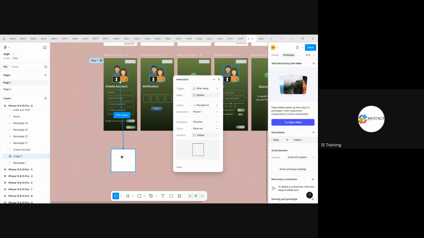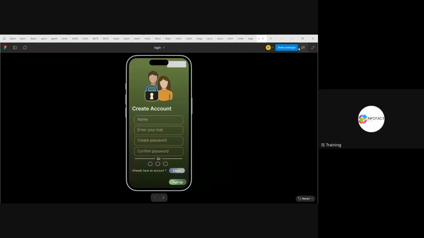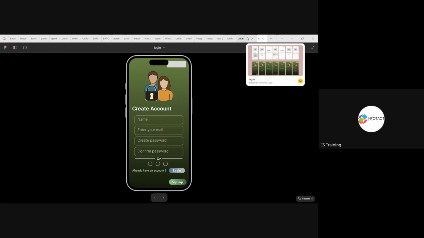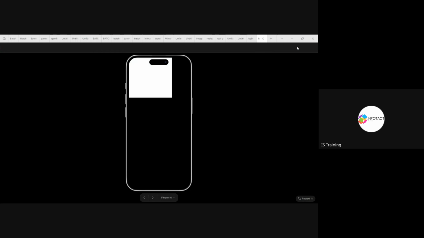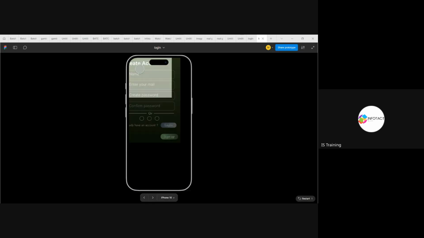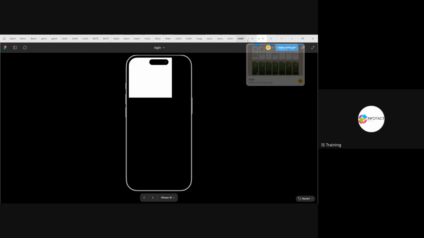First, if you are delaying, like navigating this to frame one, it will be navigated after a few seconds. Let's see. One thing is this.